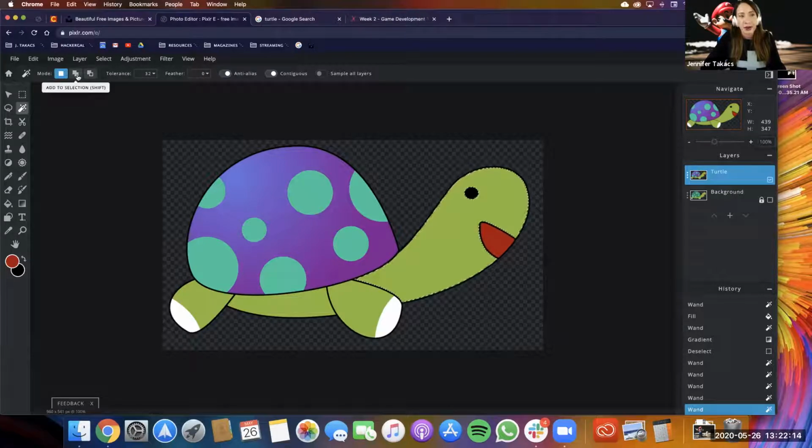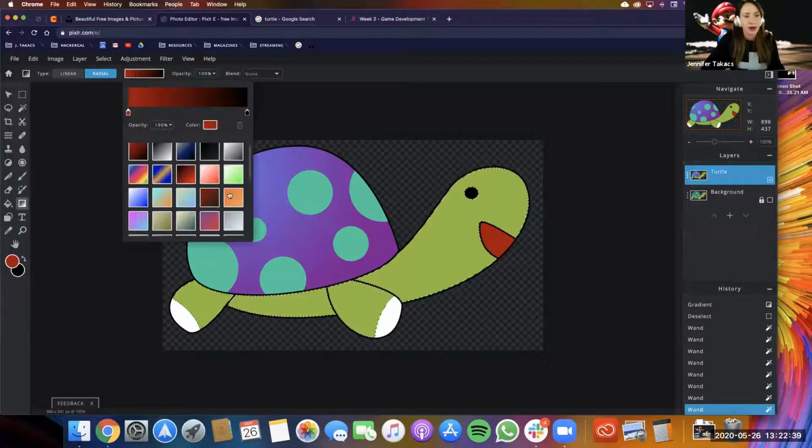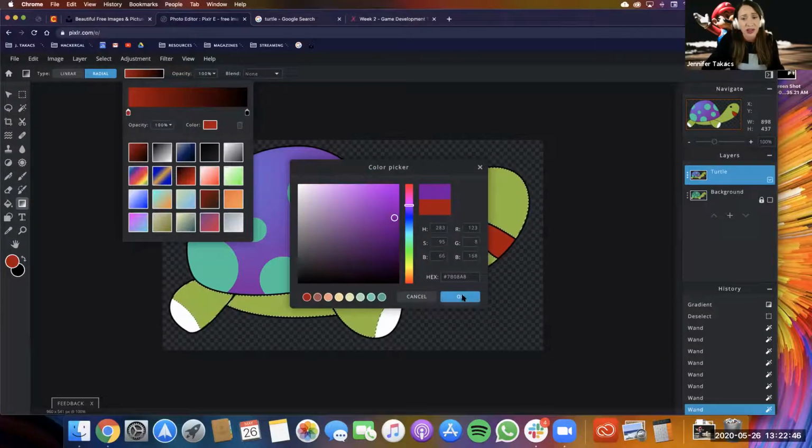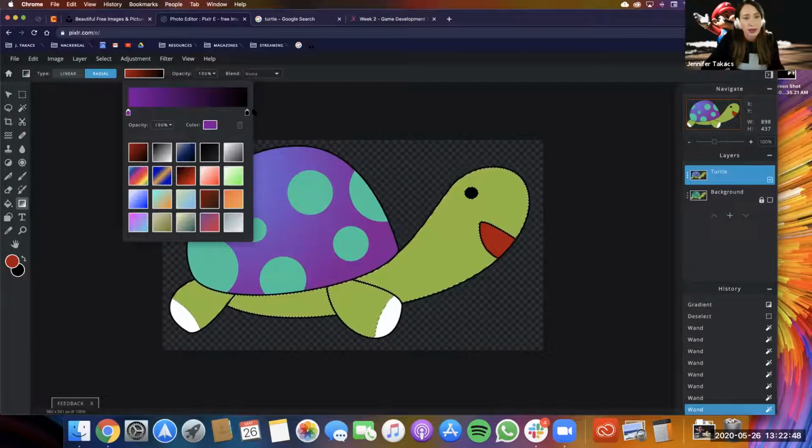This second button here where it says shift, if you select that and then continue to select other areas in your turtle, it will add it to what you've already selected so that you're not worrying about holding down buttons at the same time. And so right now I've selected all of the green areas that I want to work with. I'm going to go back to my gradient tool. You can see it disappeared from here, which means I don't really have it anymore. And I can play with this again and select the colors, or select what I think is close to it. See how this shifts the way my